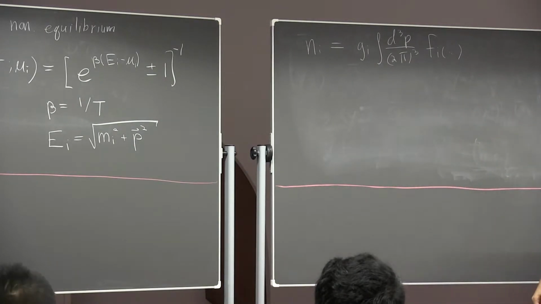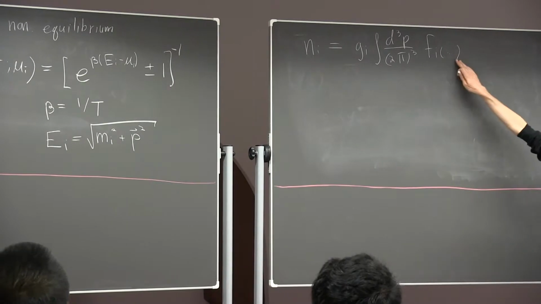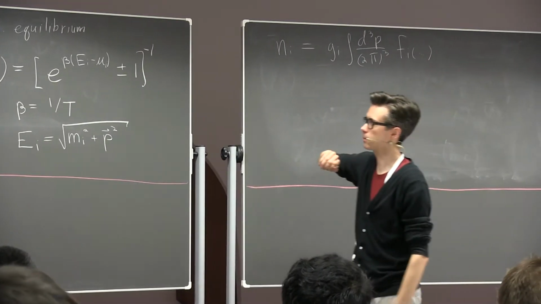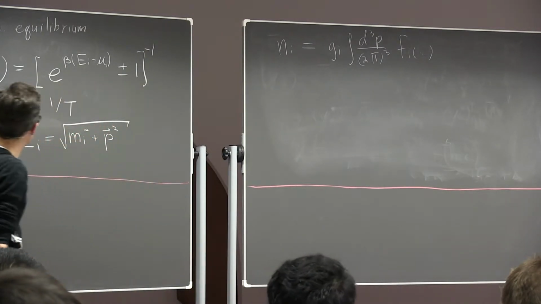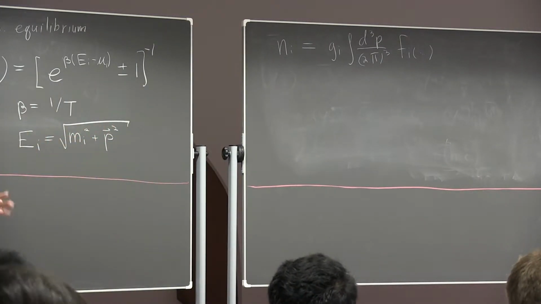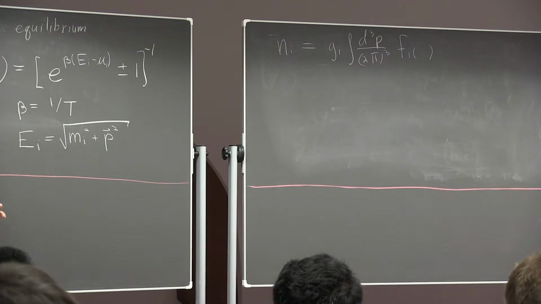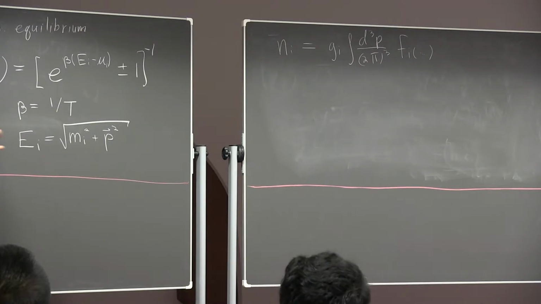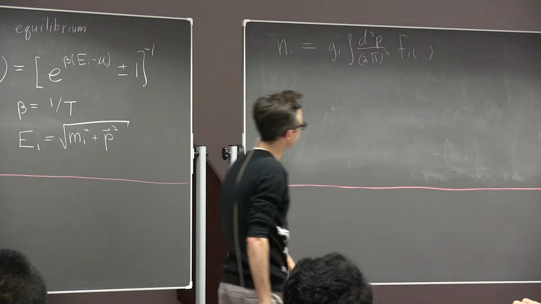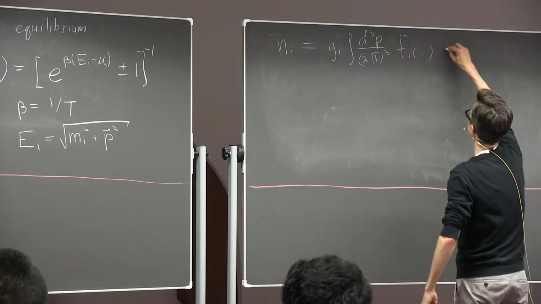So for the number density, for a given temperature and chemical potential, I just take my distribution function and sum it over all the possible states of the system. And in this case, I'm treating the states within my system as essentially free particles. So this is a good approximation as long as everything's weakly coupled. So I've got my weakly coupled particles that I'm treating with these distribution functions. I take my distribution function, I take this form, plug it in here, and